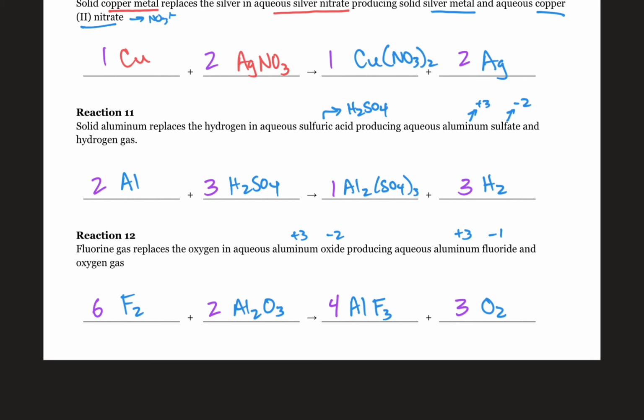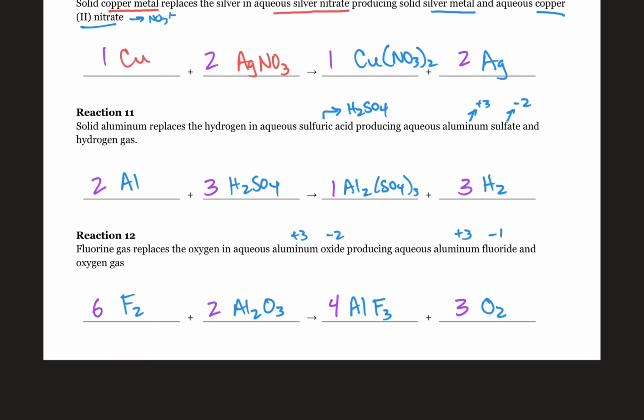And here are the answers to the last two. Couple bits of nuance. First of all, remember, whenever you have a diatomic element as a lone element, not as part of a compound, but as a lone element in a chemical equation, it should have a subscript of 2. Right? Also, if you look at this fluorine in reaction 12, it starts as F2 because it is a lone